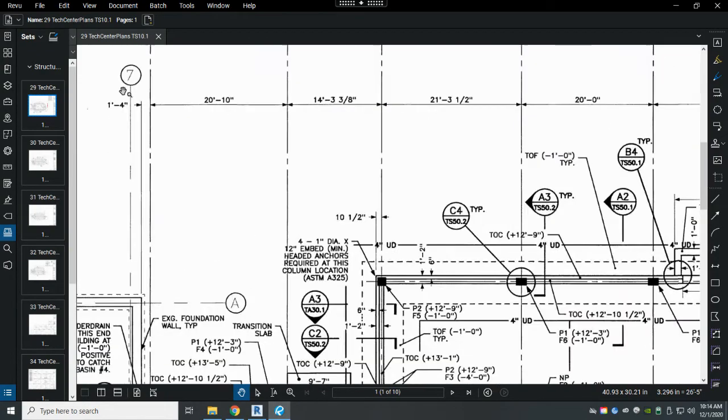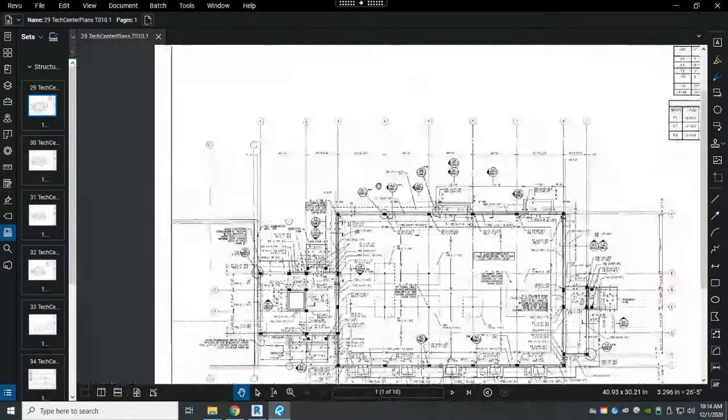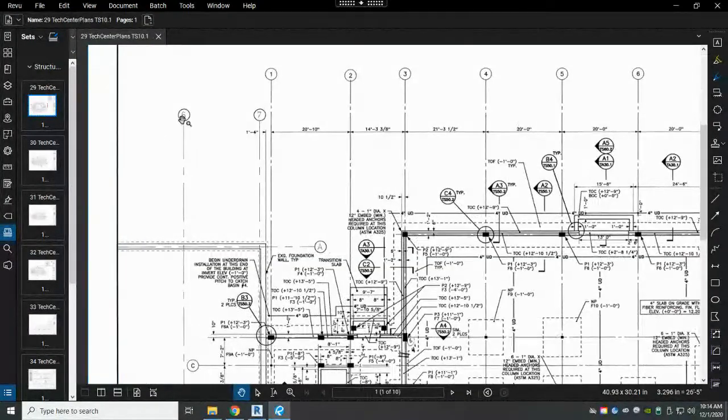Now, I will point out we have 2 column bubble 7s, but the reason for that is we actually have 2 buildings. So this building here is the column bubble 7 for the Hague building, and then we can see it's 6, and it would continue if we saw the rest of Hague building. And then they're using column A to locate where columns exist in the Hague building. So we're going to ignore these column bubbles here and pay attention to the ones